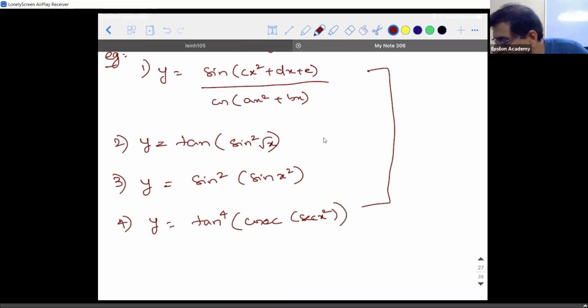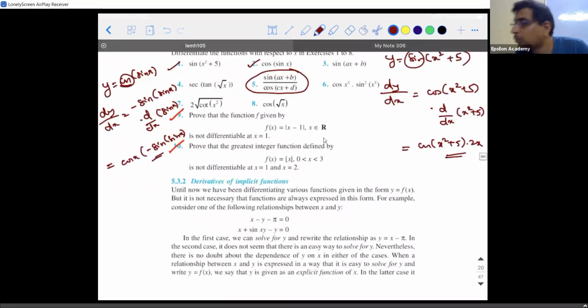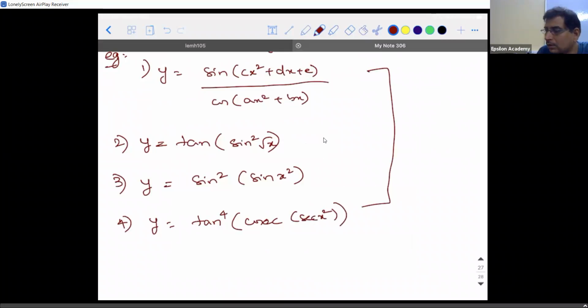I think the next one is based on inverse trigonometry. No, implicit function. That is even more simple. So this is the major part that you need to practice. With the hope that you will complete these 4 along with the 2 remaining problems before tomorrow's class, the first 15 minutes I'll utilize for doubts clearance, then we'll go to the next exercise. And I've given the inverse trigonometry assignment also, right?